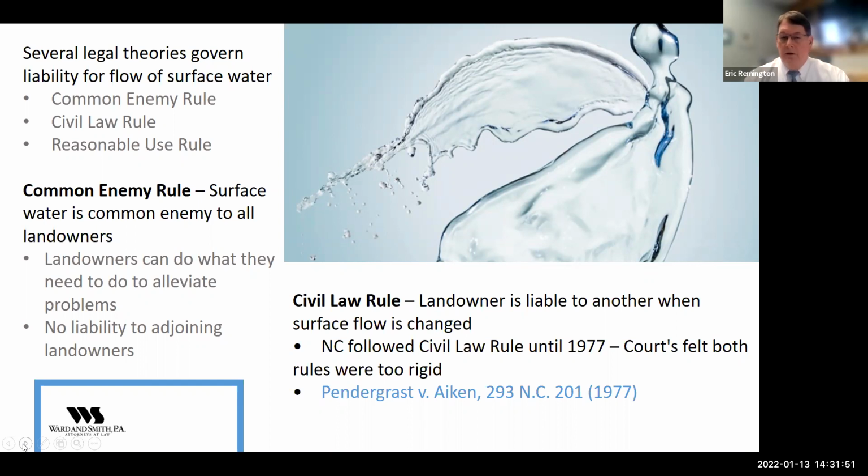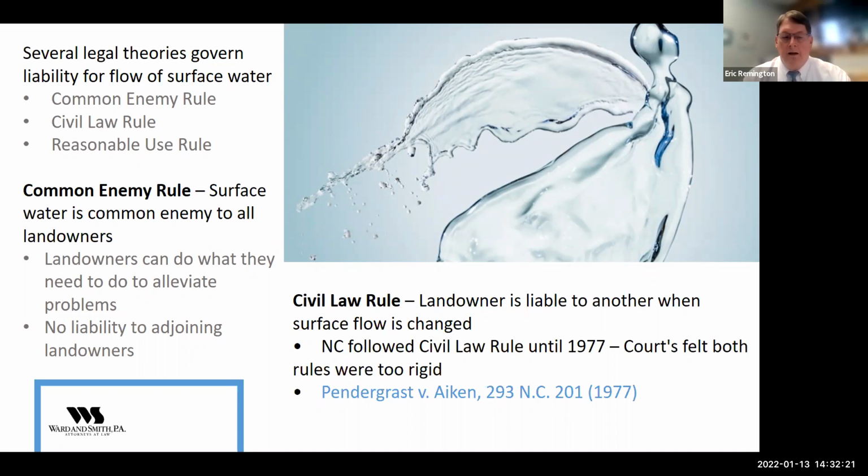The second part is one of the basic tenets of real property law, and that is that there's a freedom of the landowner to basically deal with their land as they see fit, and that restrictions to land are not favored in the law. And so, as long as you're using your property in a manner that is essentially reasonable, then you ought to be able to do that, even if it causes some sort of damage to the other party.